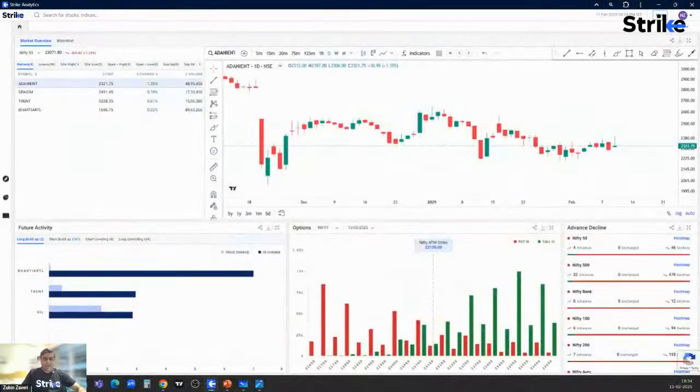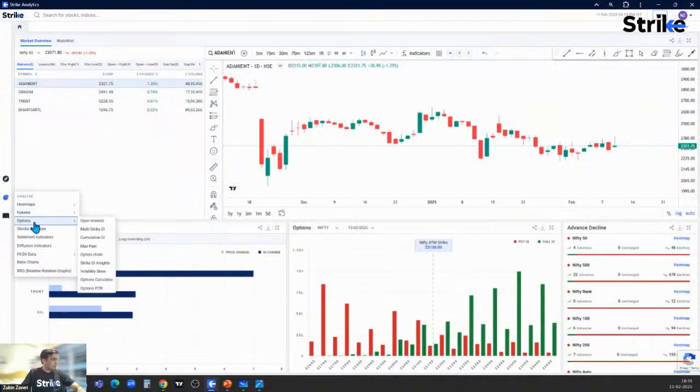All right, and let me also share with you the Strike OI Insights screen. This is the homepage of the Strike platform. On the left hand side, you can see three buttons. The second button is Analyze, and in Analyze, the third option is Options. In this Options module, we have something called Strike OI Insights, the sixth option from the top. Once you click on it,